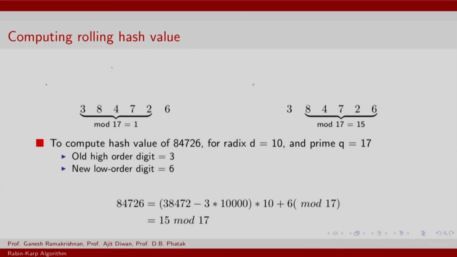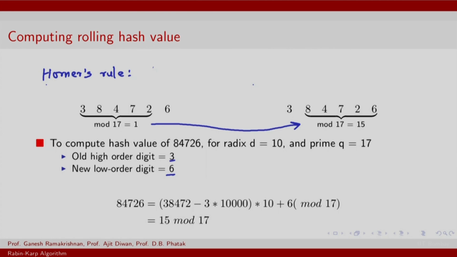So is there a way that we could compute the hash value leveraging computations from the past? So 38472 mod 17 is 1. Can that be used to discover that 84726, with the additional digit 6, mod 17 is actually 15? So we have an old higher order digit 3 that disappears and a new lower order digit 6 that appears. So one can update the mod value using the Horner's rule